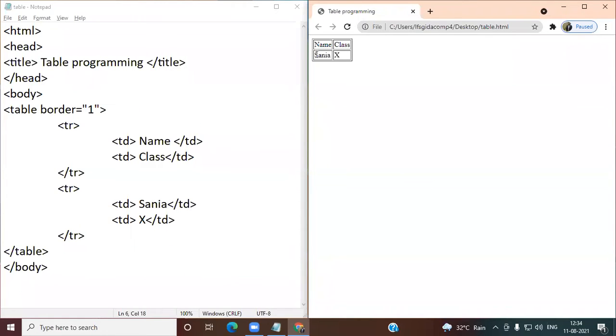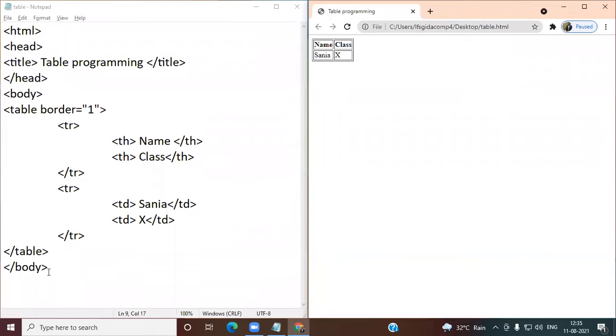Look here, the name is also normal text, class is also normal text. We cannot easily identify which one is a heading and which one is a value. So for that, what I may do here, I will write here th open, th close. TD and TH, they both are representing one cell. The only difference is, if you use TD, the text will display in plain text, that means the normal text. And if you are using the TH, it will display in bold format. So come here, now refresh, look here. It's become bold. Understand?